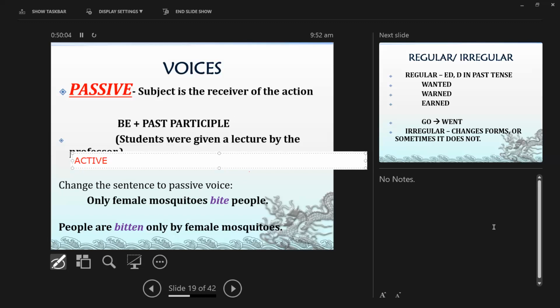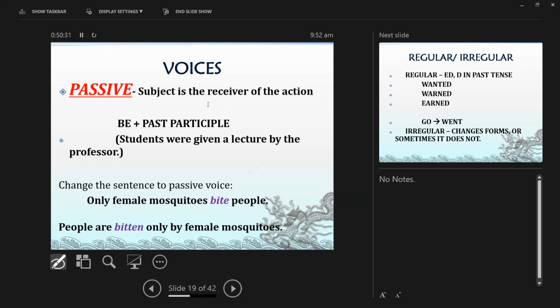Nakikita niyo ba yung tinatype ko? Ay, bakit gano'n? Pero I feel like there's a... Ay, wag na nga lang. Ba't di yung sinasabi? Diba? But on my screen, di ba nakita mo? I was typing something. How come it's not typing there? Okay, anyway. I have to figure out how that happens next time.